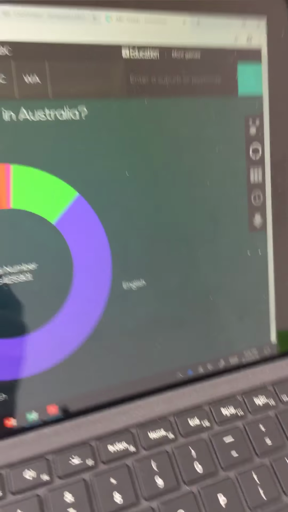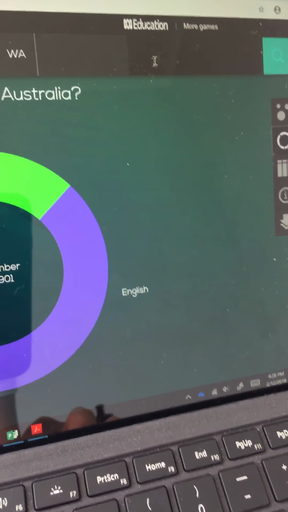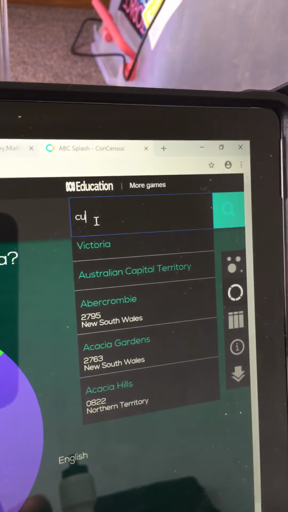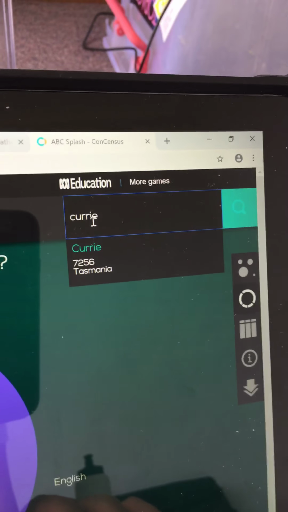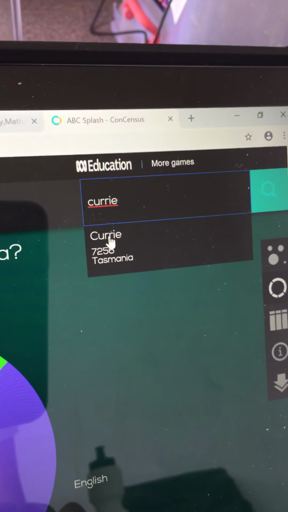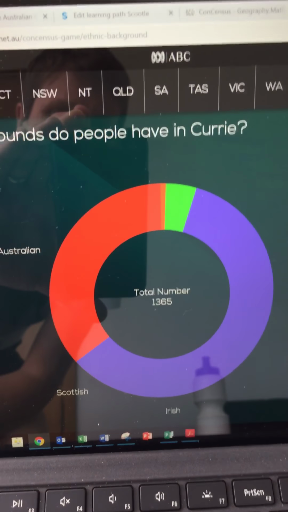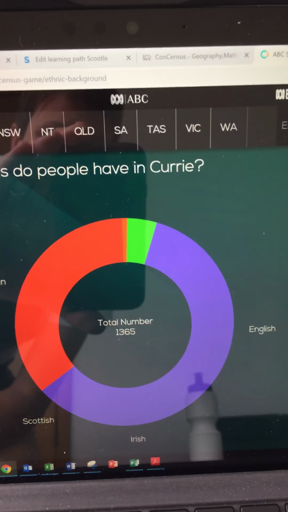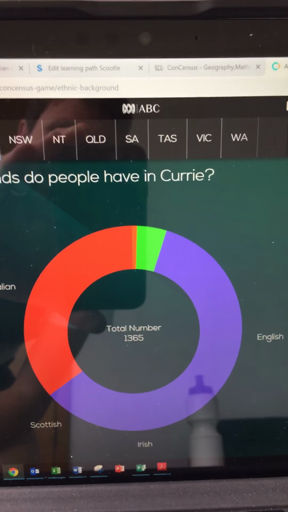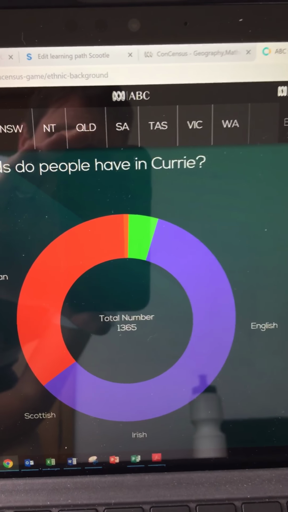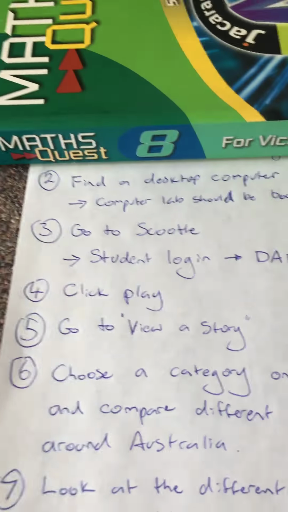What I thought would be quite interesting is if you can, to make it personal, we can actually type in curry up here and click on that. And then we can see we'll have different types of ethnicities to what's found around Australia there. So looking at,